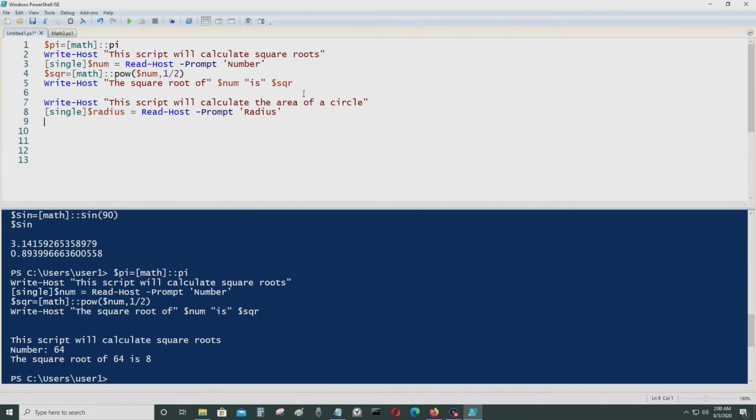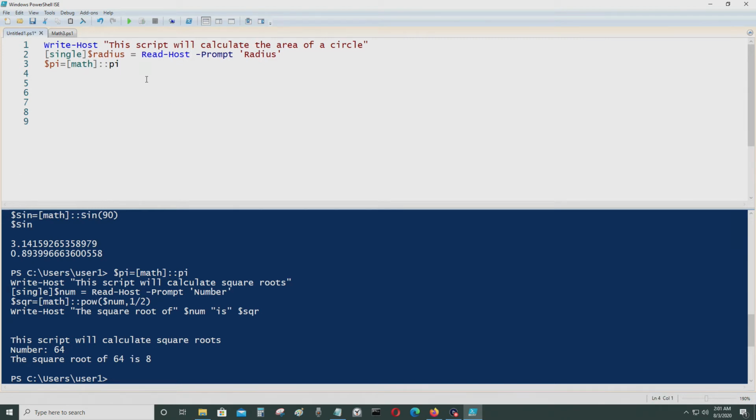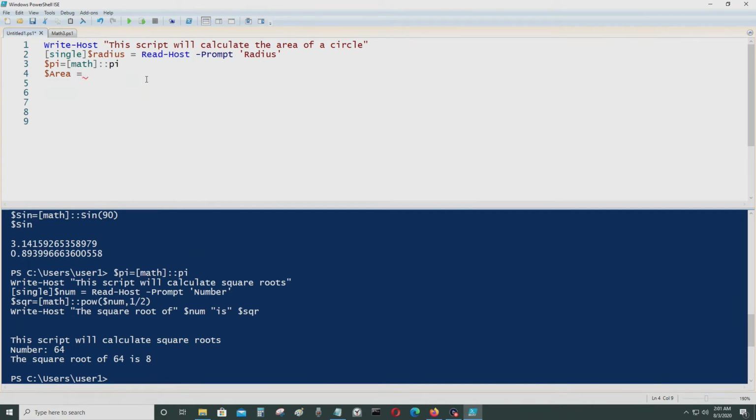We'll write the mathematical function here. We'll have to declare what pi is. It's equal to math pi. We're going to define it as that. I'm going to delete some of the stuff here. I don't need that. So area is equal to pi